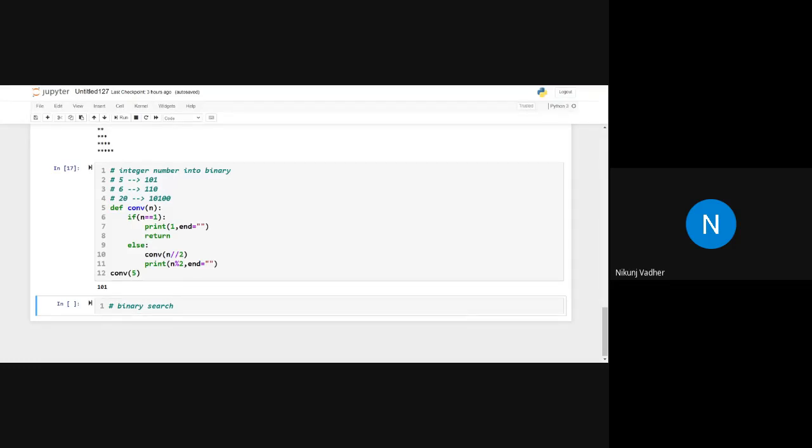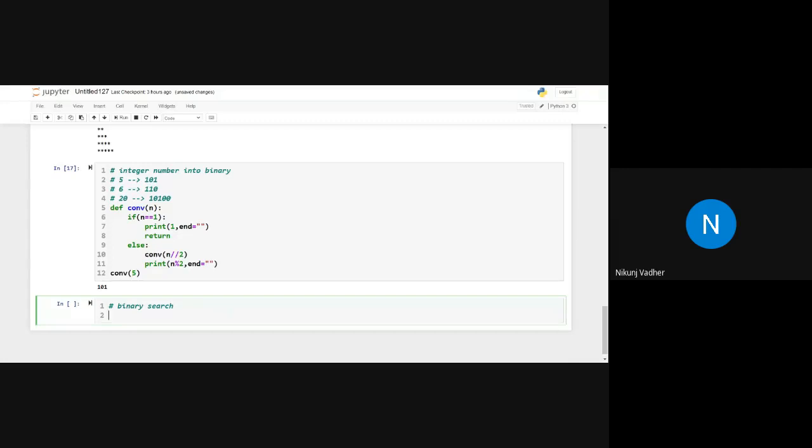Yes, compare the target value to the middle of the array and then divide. Okay, so let's try to define the solution for the same.